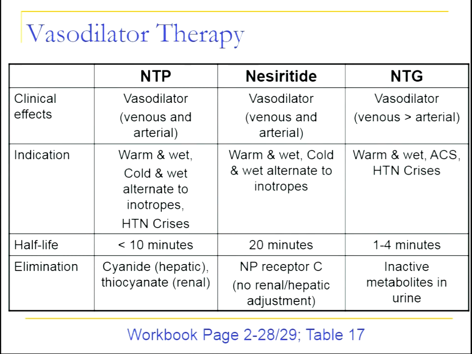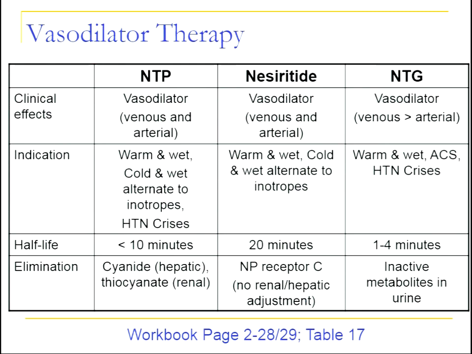Nitroglycerin is one that we also can use in patients who present with acute heart failure with hypertension, those types of things, as well as ACS. The other two, nitroprusside and nesiritide, are different. They're basically balanced, mixed venous and arterial vasodilators. And again, there's never been really evidence that any of these vasodilators are going to improve mortality in this setting,